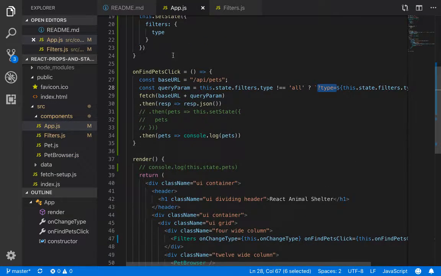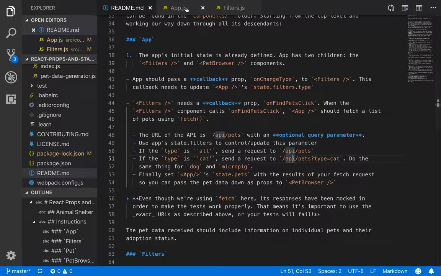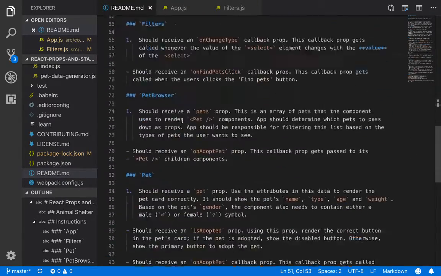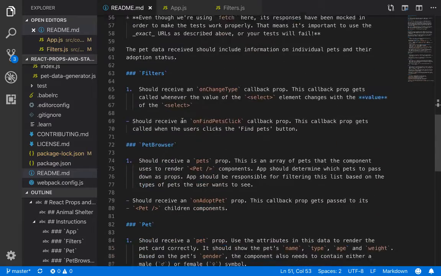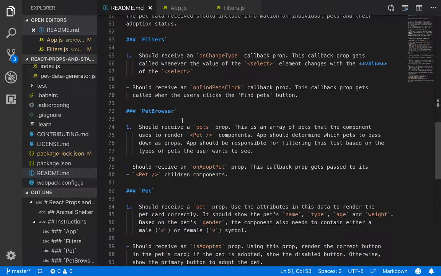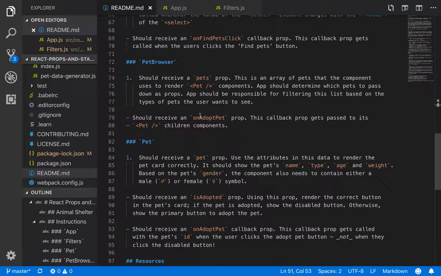Alrighty. Hopefully we're all a little bit cleared up so far. We can keep pushing through. So now we need to move on to PetBrowser. PetBrowser receives a pets prop. It's an array of pets that the component uses to render Pet components. App should determine which pets to pass down as props. And so basically that's saying that state will determine which pets to pass down, right? Because every time we do a fetch, it changes state. And then we want to pass